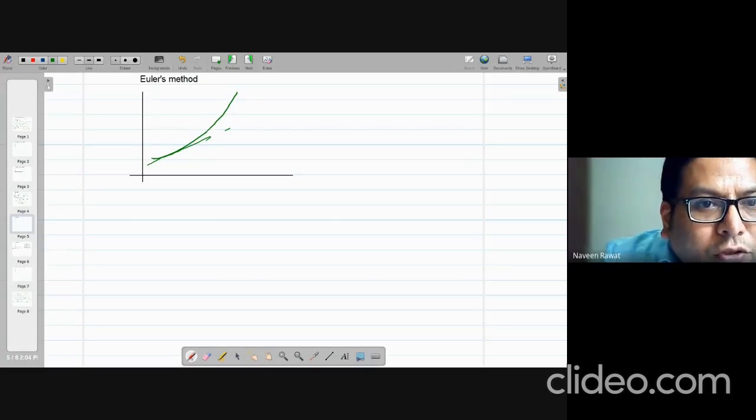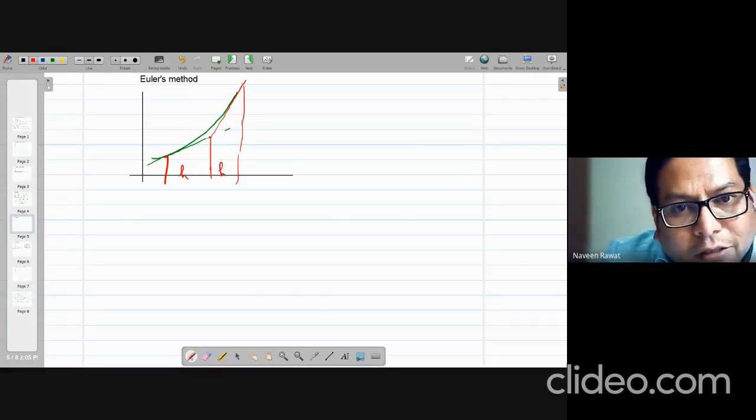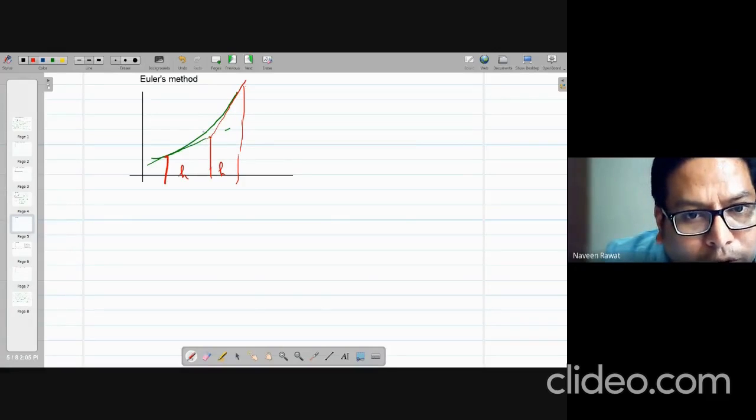So that is my function. My second tangential line, suppose this is my step size, and so I stop here, and then my second tangential line will look something like this. That makes more sense. So I have one tangential line here. This is my first step size, and then the second step size will be somewhere here, and so that is h. So I keep doing that every time to get the next point to follow this actual function.